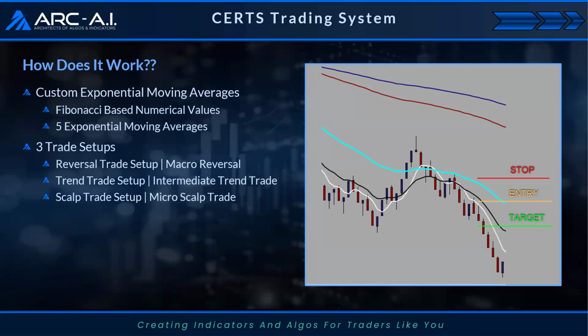What's nice is that you're trading with quick, tight stops and targets on the scalps, and even for the trend trades and the reversals, you have really tight risk. That's also something that a lot of traders like to see. Does that make sense to you guys? Very simple, keeping it super easy, keeping it super consistent. I just want to make sure there's no confusion here. I want to make sure that I haven't lost everybody.